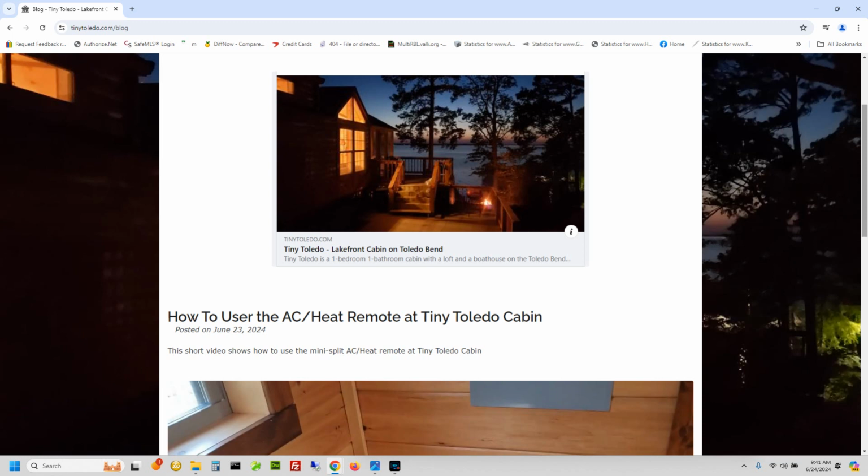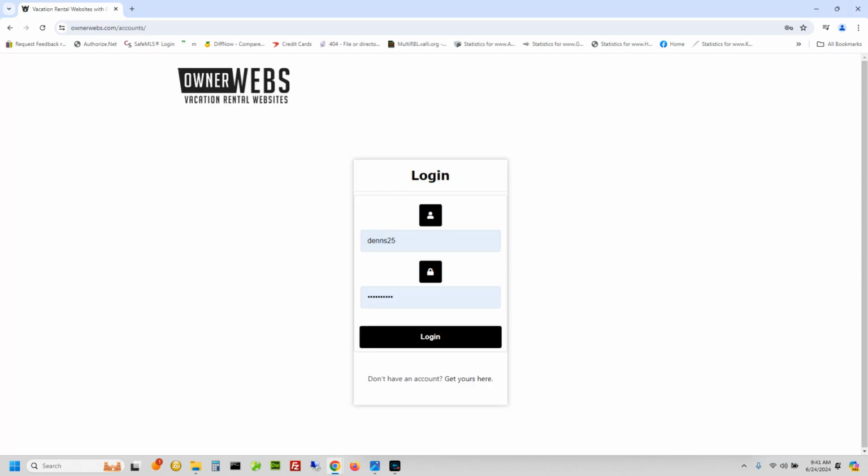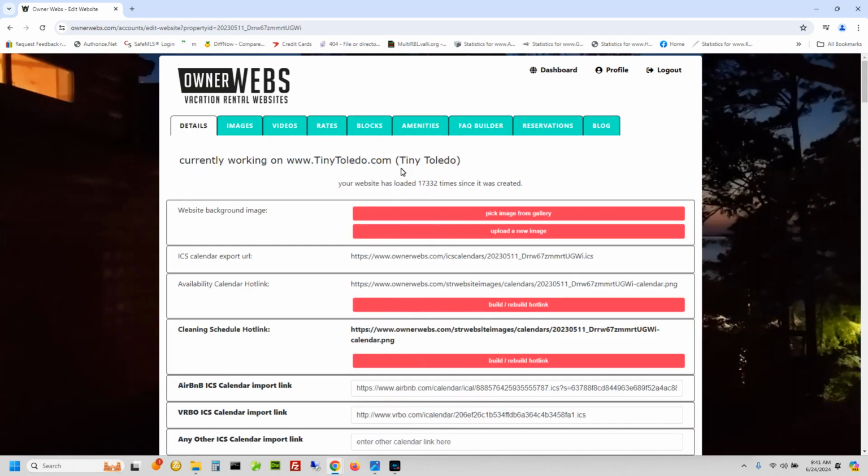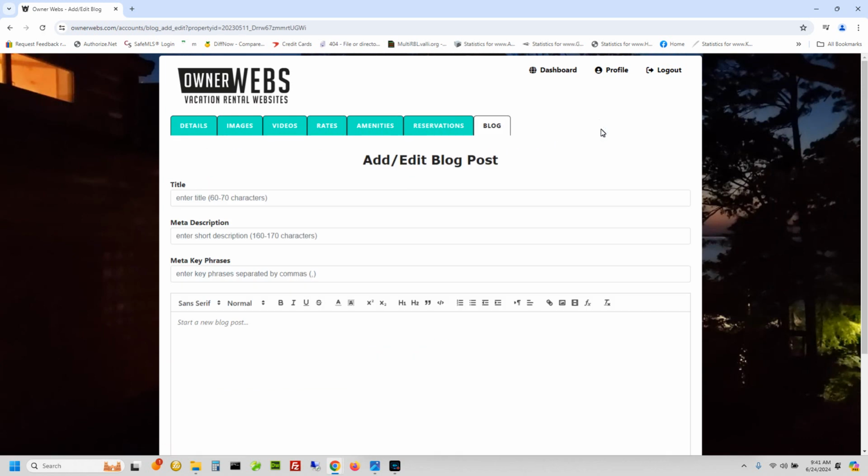So how do you add a blog post to your website? Well, I'm going to show you that. Here we go. As you log on to your OwnerWebs account like this, it'll bring you to your dashboard, which most of you have 1, 2, or a few handful of websites. I can actually access all of the websites. So I'll go into the dashboard here, and I come over here to blog, and you see it's just a basic little